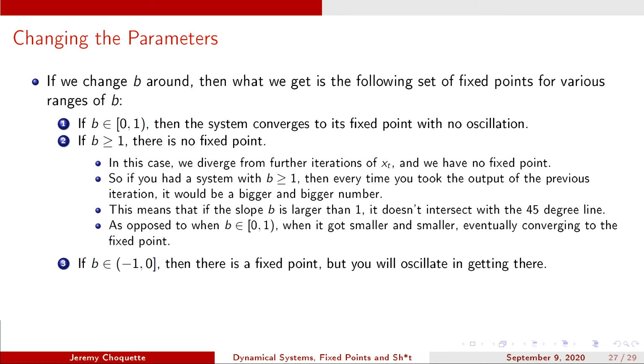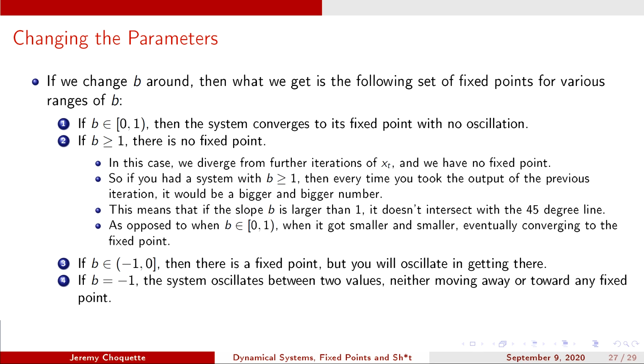Now, if b is negative, there's a fixed point, but you oscillate in getting there. So where you saw that staircasing in the case where b was between 0 and 1, what happens with the oscillation is it would bounce from one end of that fixed point to the other end, and it would keep bouncing back and forth and eventually oscillate in approaching the fixed point. So if you started where the point was above the fixed point, the next thing you would iterate to would be where it's less than the fixed point. When you iterate that, it's larger than the fixed point, then less. Larger, less, larger, less. But every single time it gets a little bit closer to that fixed point, and